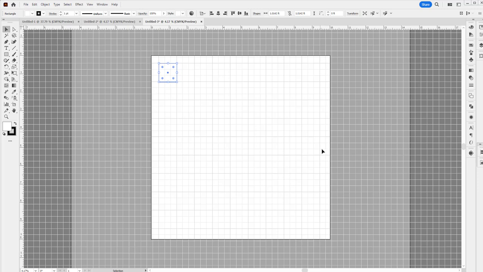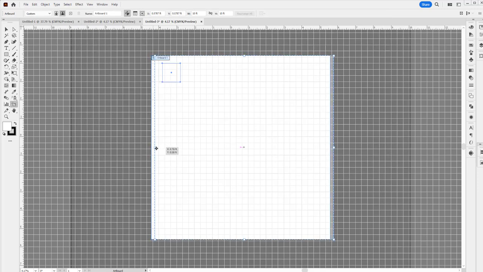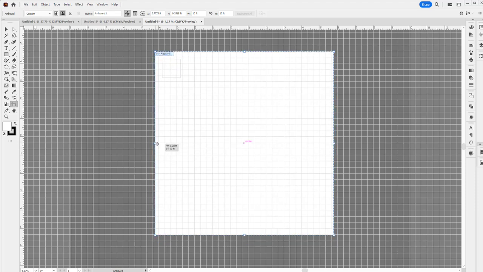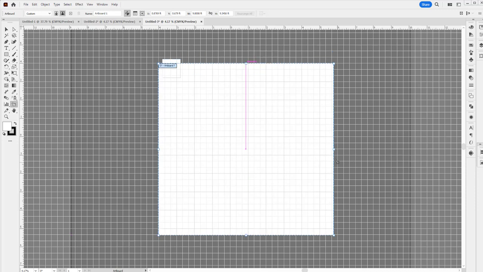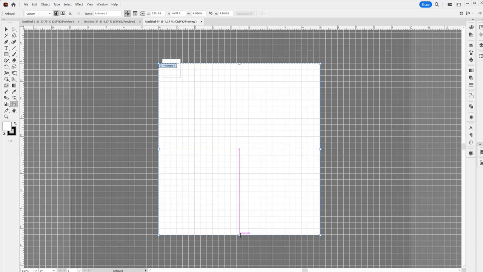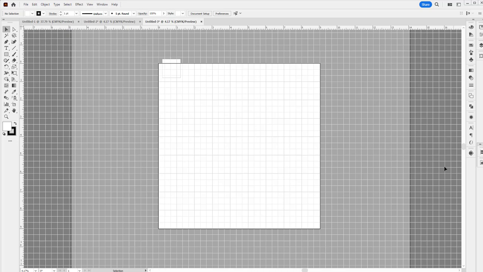There are some extra grids here, so you can cut this one if you don't want to. Oops, like that. See, perfect.